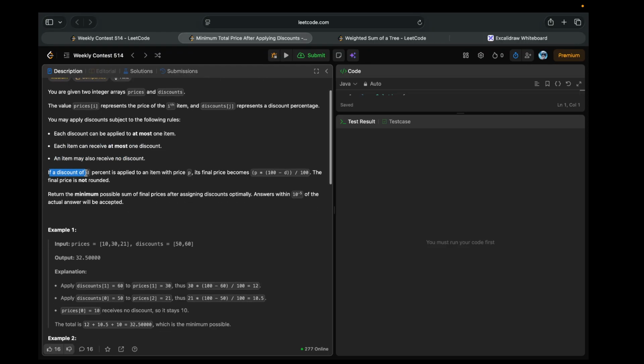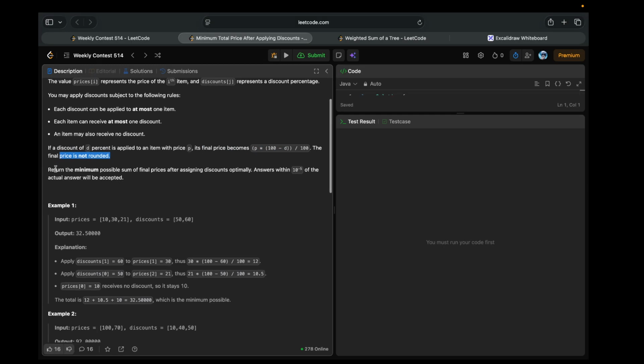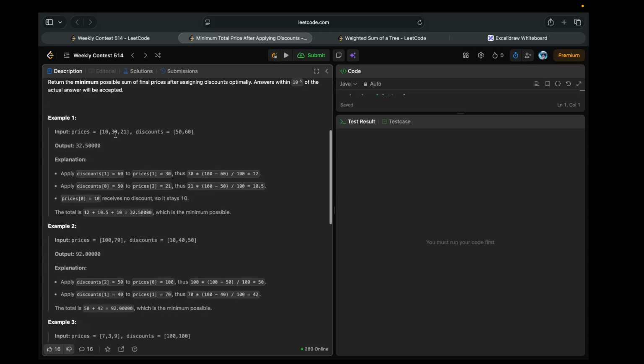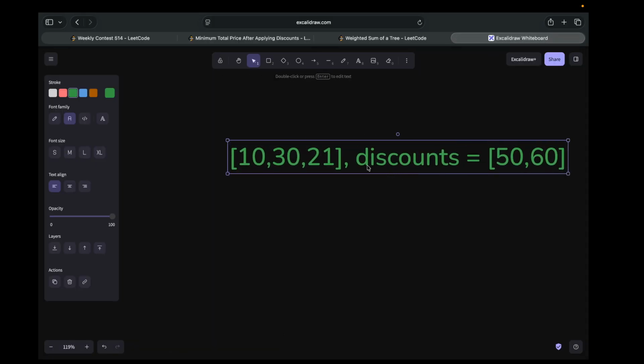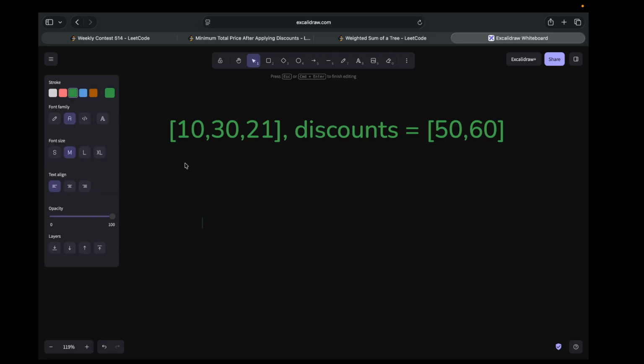If a discount of d% is applied to an item with a price p, the final price becomes this, and the final price is not rounded. Return the minimum possible sum of the final prices after assigning the discounts optimally. So this is the result. What we have done is take our discount 60 and apply it to 30 to reduce its value. Now we take 50 and try to pick 21 to reduce its value. So this is the example which they have used, and this is represented as the prices of the items, and the goal